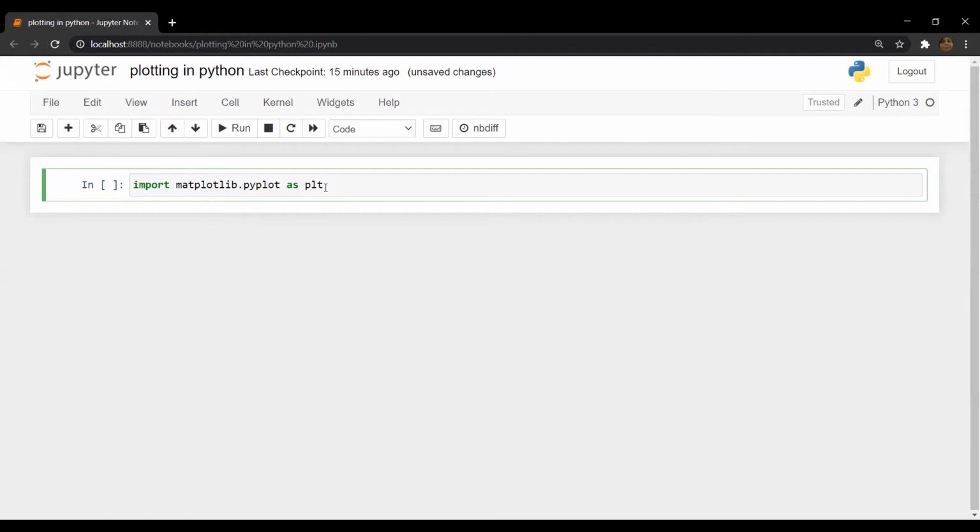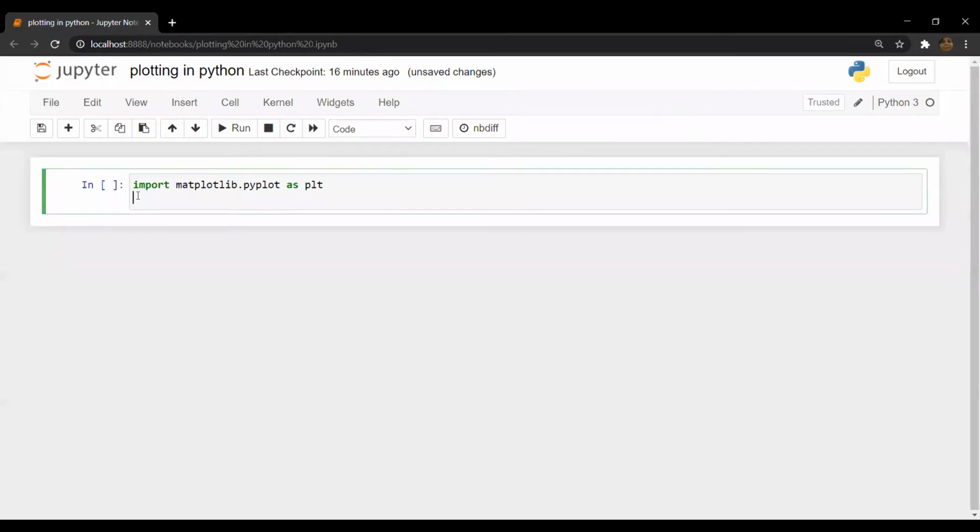Today we will see how we can utilize the functions in matplotlib. So first of all, import matplotlib.pyplot as plt. And the next thing is that we need to import NumPy, because we are going to store our data in NumPy arrays.